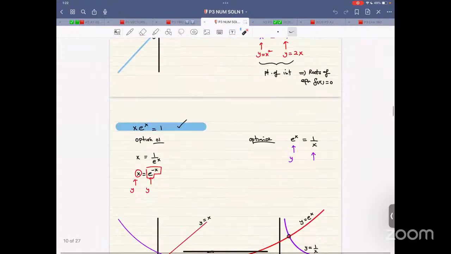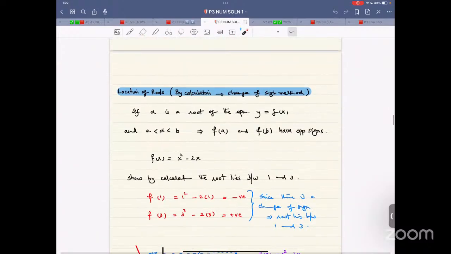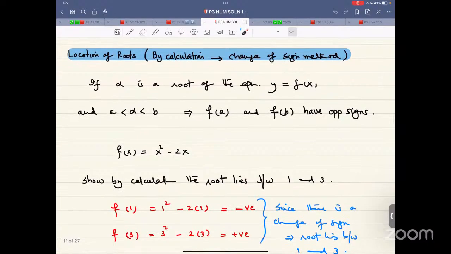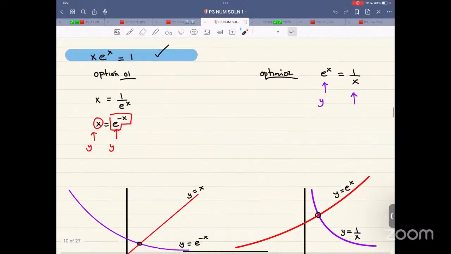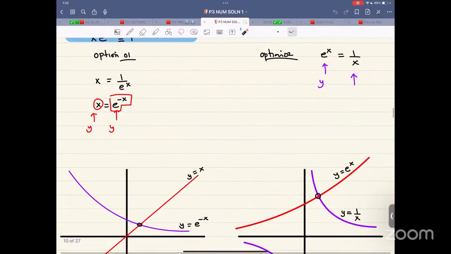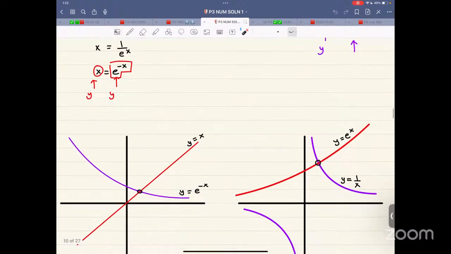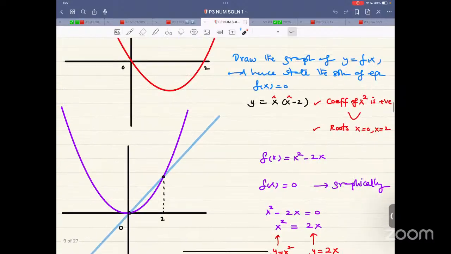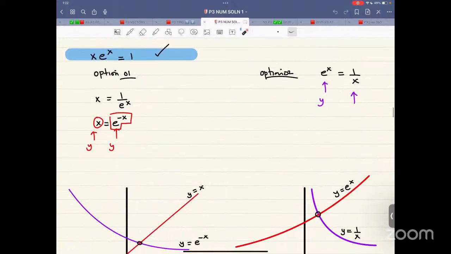Now, numerical solution of equation, the basic idea is this. There are two things. The first thing is the examiner will ask you to draw two sketches, and the number of intersections is the number of roots, because originally it was one equation such as this. X equals 1. Now, I don't know how to solve this. So either I can let x remain as it is and 1 over